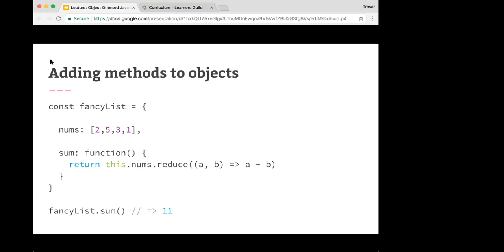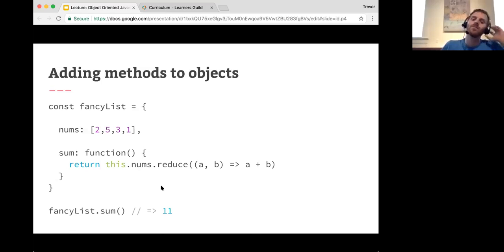Hi, I was wondering, I understand that the value of this depends on how you declare the function. So if you had used the arrow function, the value of this would be different. Is that relevant here? It is relevant. It's probably more detail than I was going to go into at this point, but that is true. It's important here that I use the function syntax, where I type out function parentheses. If you use an arrow function here,